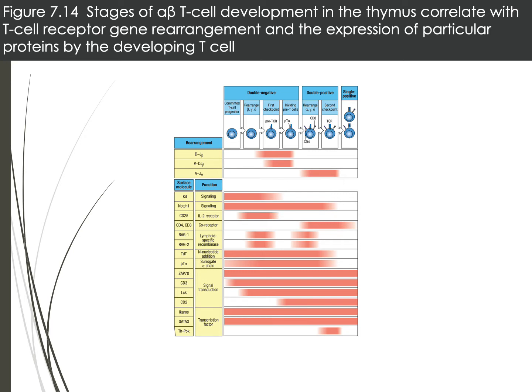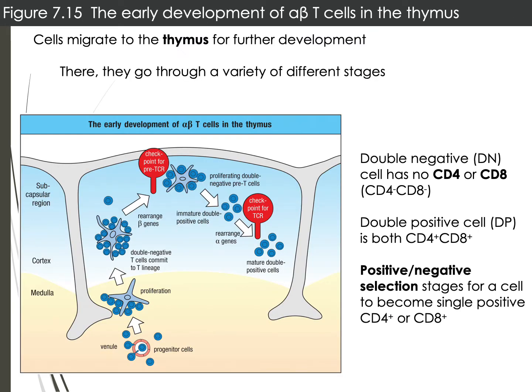So just be aware of that, and that comes up in the next figure. All right, and so as the cells are migrating into the thymus, you can see in the figure at the bottom, we have these progenitor cells migrating in. They are going to get support from stromal cells, these epithelial cells that are going to produce chemicals, cytokines, chemokines, and factors that will help in their proliferation and also maturing through these processes